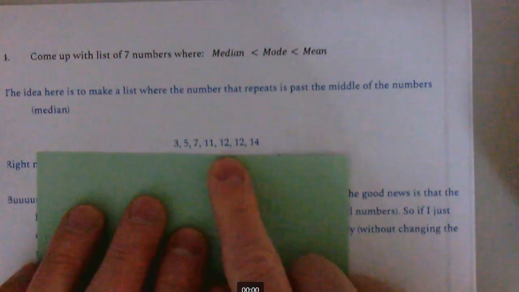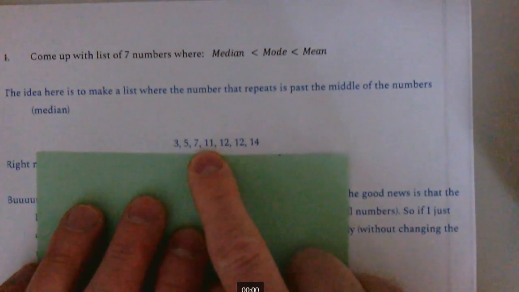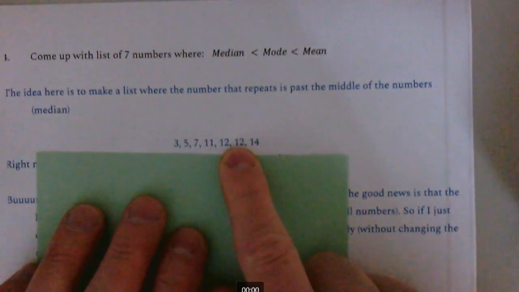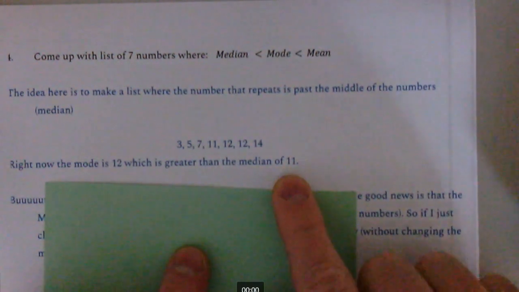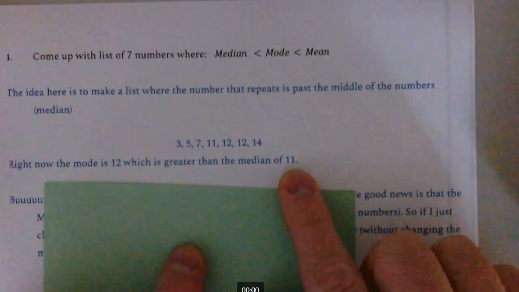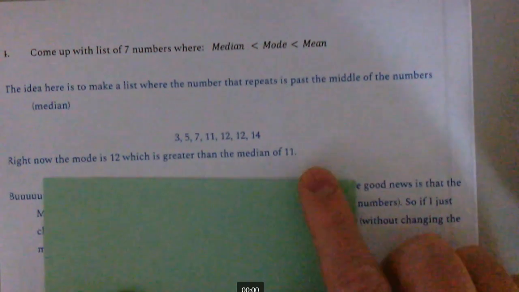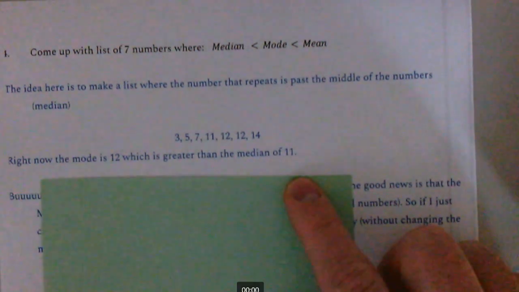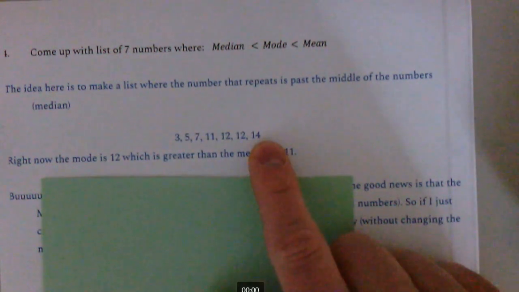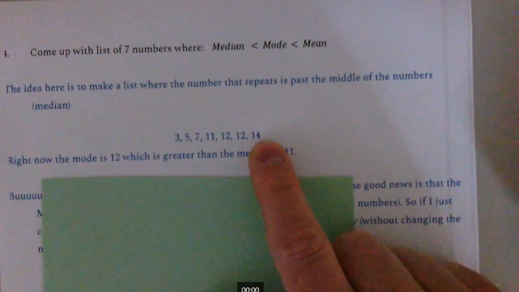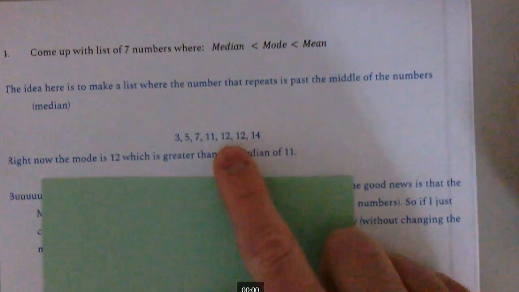So here's my list of numbers. Notice the mode right here, the median here. This is bigger. But now my mean is only 11. If I added all these up and divided, I'm only at 11. Okay, if I want the mean to get really big, the mean can be changed a lot by outliers, and we'll get into what outliers are. I can make my last number huge, and that will really affect the mean,